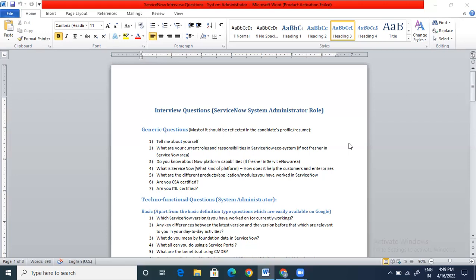So that could be the answer: okay, I am quite passionate about it. I'm quite interested. I think I can contribute more for this particular job role as compared to what I have been doing before, and that is why I'm looking for a change. So there is nothing right or wrong. It is more about being able to answer those basic questions: why are you looking for that particular change, how your current roles and responsibilities will benefit you in the new role, or if there are no roles and responsibilities in that particular system right now and you're applying for it, then you should be telling them,